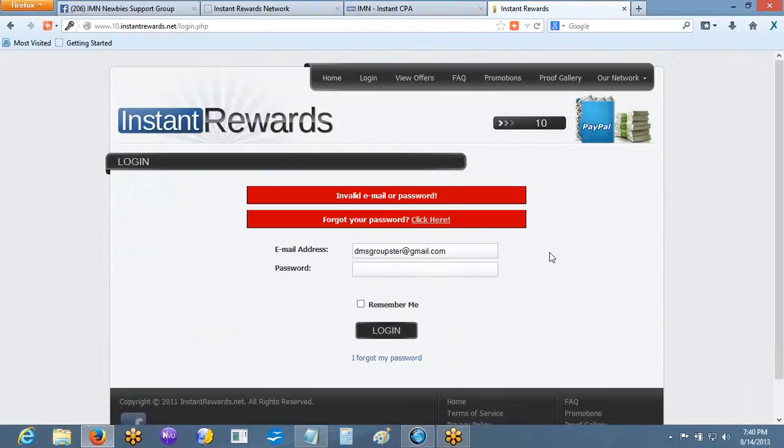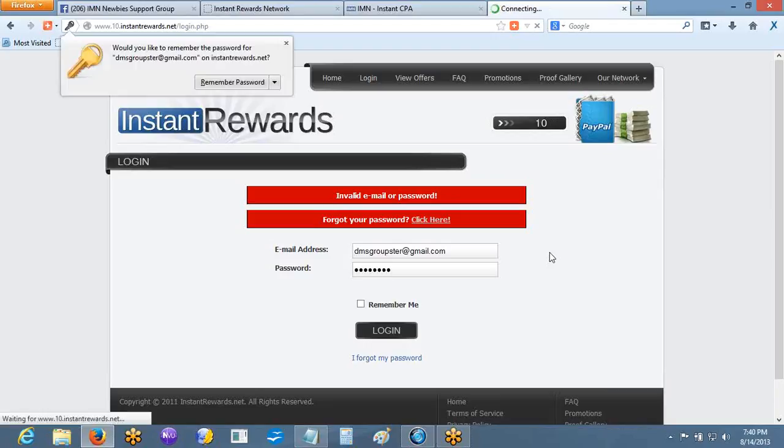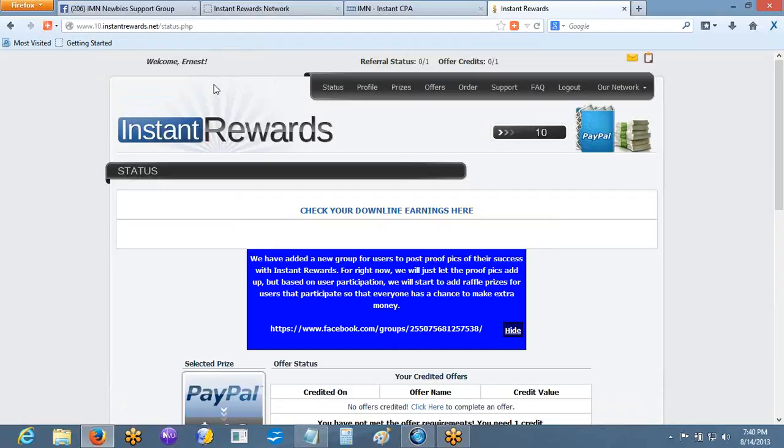I guess I ought to take my caps lock off. Now,